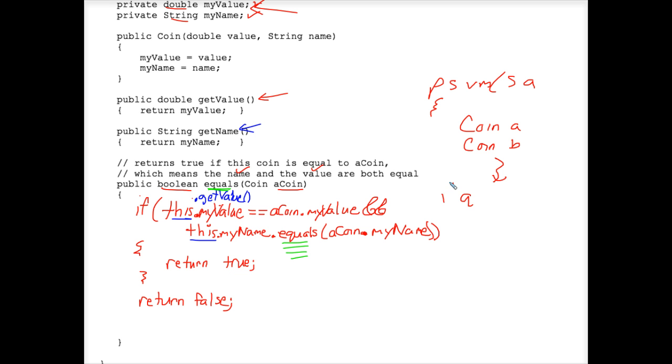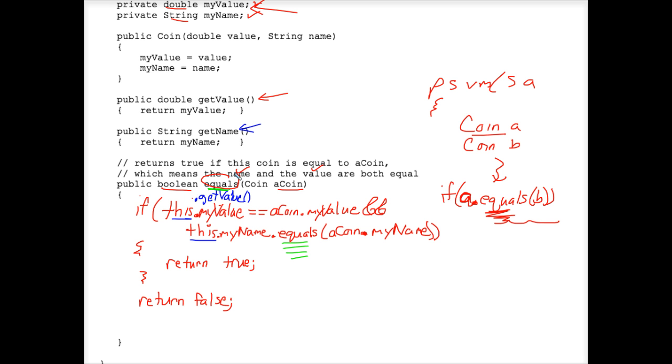So you might have if a dot equals parentheses b, etc. So this is invoking the equals method from the Coin class, because a is a coin, and therefore